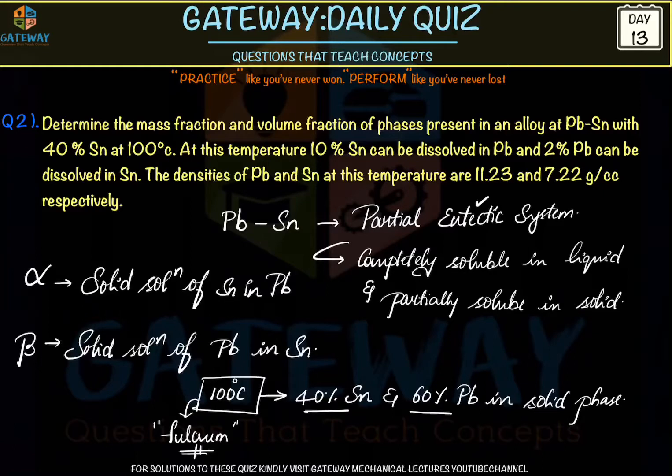This is also called a binary phase system of type 2. Binary means we are forming two solid solutions, of two phases. One is the solid solution of Pb in Sn, and the other is the solid solution of Sn in Pb. All these equilibrium diagrams we'll discuss in the concept series. For the time limit, we are only doing this question.